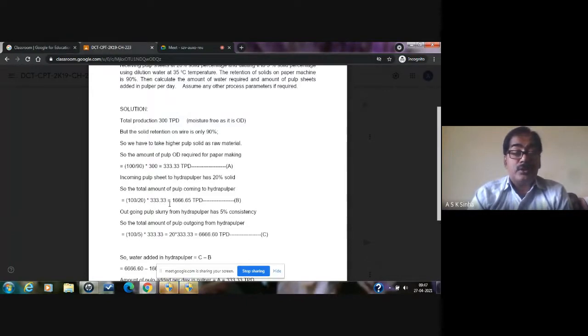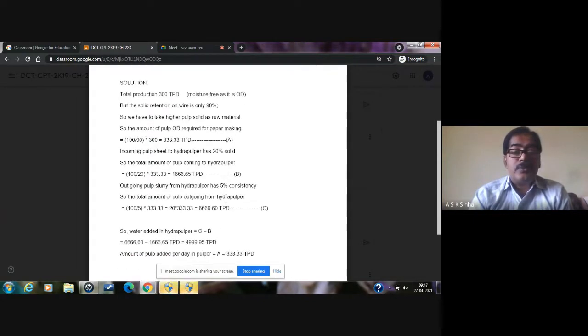So for the amount of pulp coming to the Hydra pulper, the total amount is 100, and then only 20 is solid here. So here the total solid required is 333.33. So how much pulp will come to the Hydra pulper? 100 upon 20 multiplied by 333.33, that will be equal to 1666.65 tons per day. Now the third step will be the outgoing pulp slurry